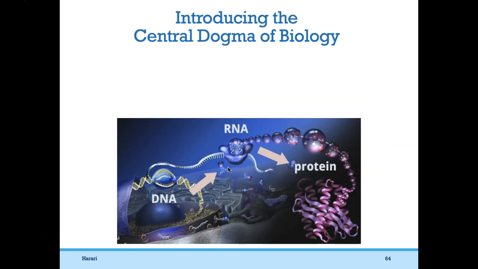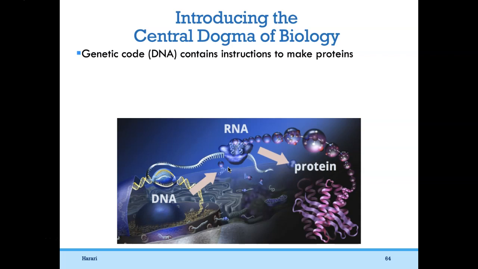So the central dogma of biology sounds very profound and deep. And it kind of is, because it was a huge breakthrough at the time. This was pioneered by Crick, of Watson and Crick, after they discovered the double helix, quote unquote discovered, right? They got the recognition for it, at least. And what they established was that the genetic code is made up of DNA, and that contains instructions to make